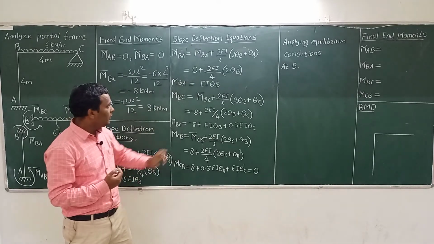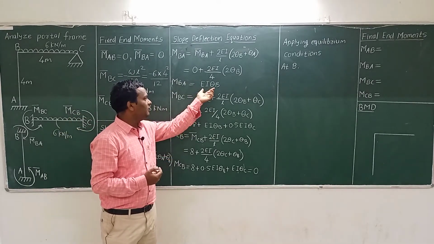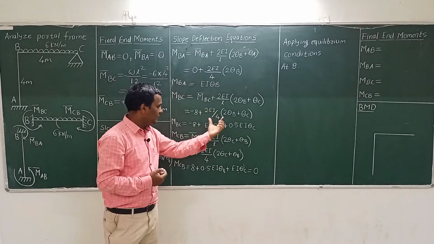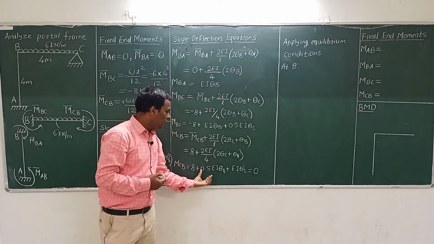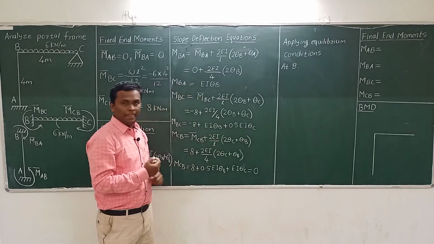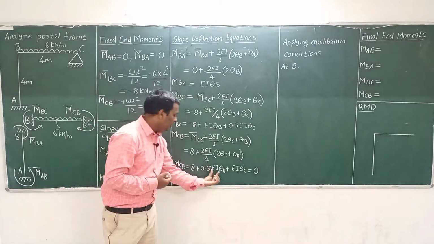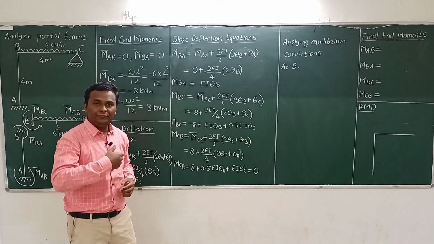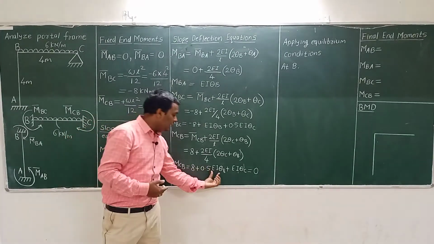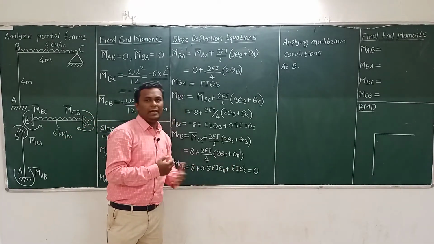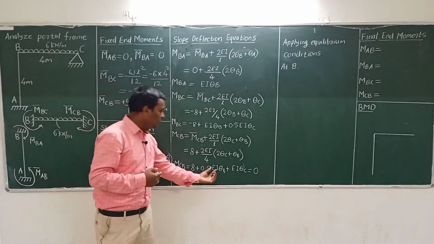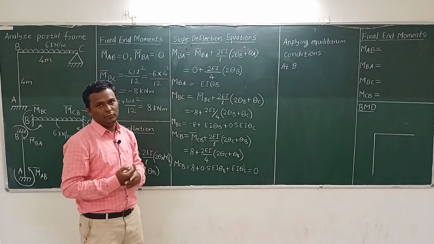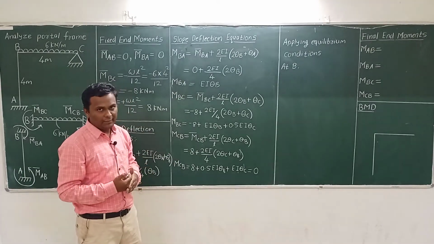Okay, so now if we are able to find out the value of EI theta b, here we can see this is EI theta b, EI theta b, EI theta c. So in all these four equations we have the unknowns, that is EI theta b and EI theta c. So our next step is to find out the value of EI theta b and EI theta c. Once we are able to find EI theta b and EI theta c, then we can easily find out these end moments, and then we will go for the bending moment diagram.